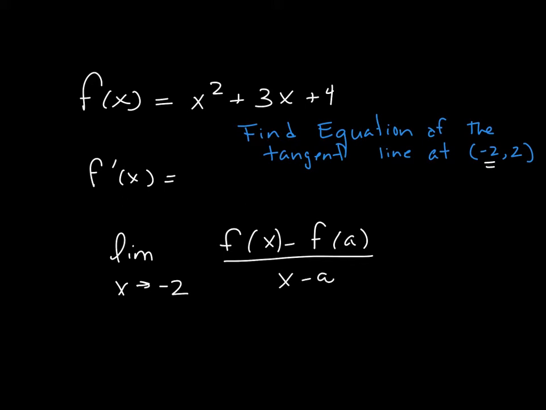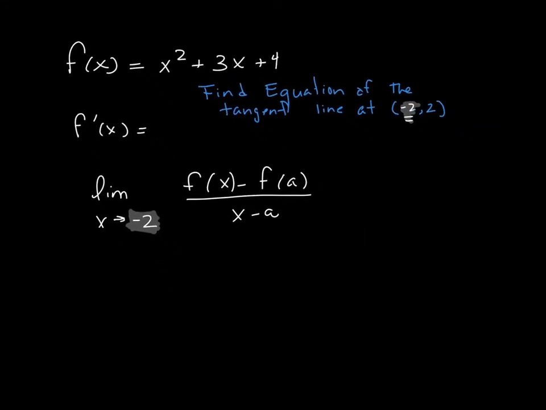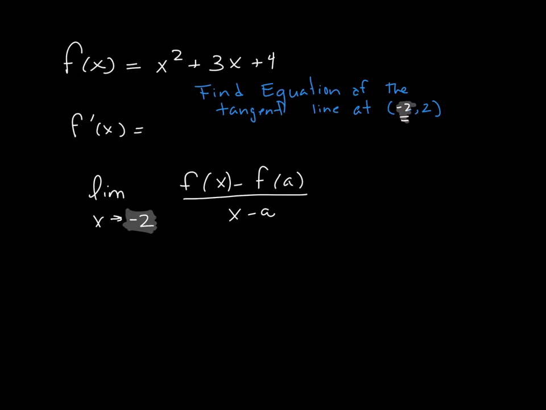And again, we're saying that a is -2, right? This gives me my instantaneous rate of change at that value that I'm specifically looking at, -2. So let's plug all of that in, and you end up getting